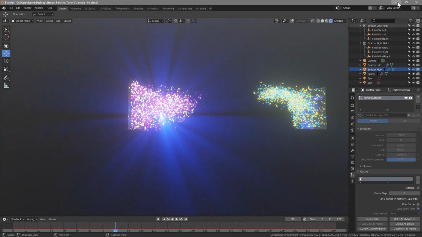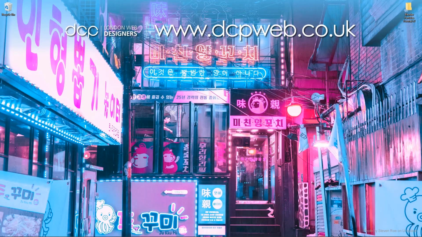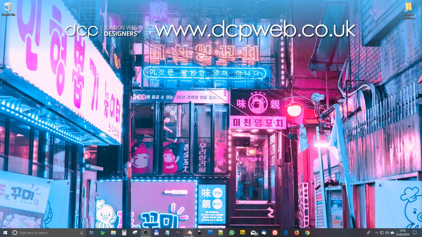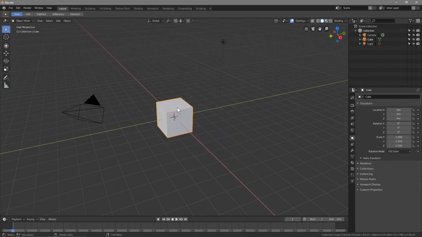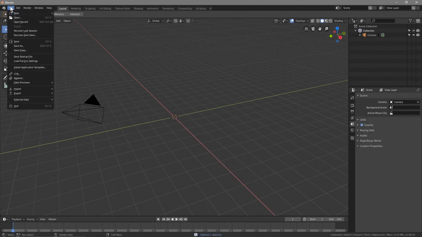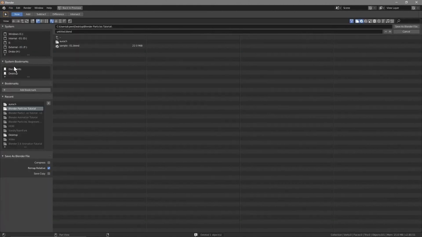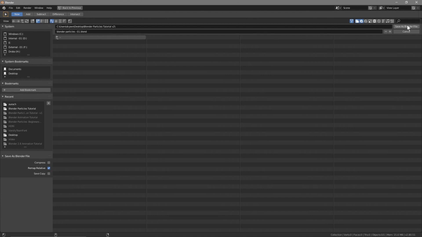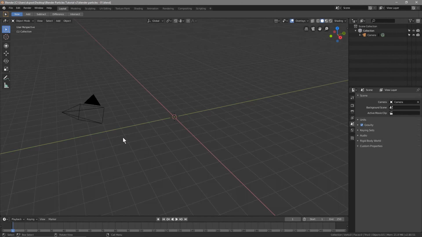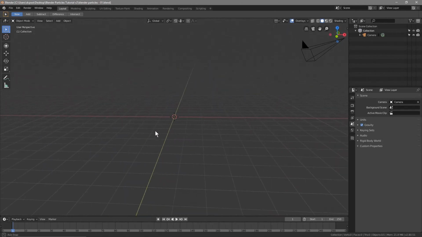So let's go ahead and minimize this Blender file, and we'll start a new Blender file. Okay, so like usual, we'll click on General, we'll delete the cube, so click it and hit the delete key, click on the light source and hit the delete key to delete that as well. We'll go to File, Save As, like usual, and on my desktop, we'll go into this folder, and we'll call it Blender Particles-01. We'll save this, and the first thing we'll do is just pan around to the side here, and we want